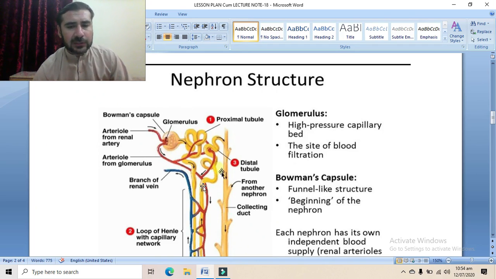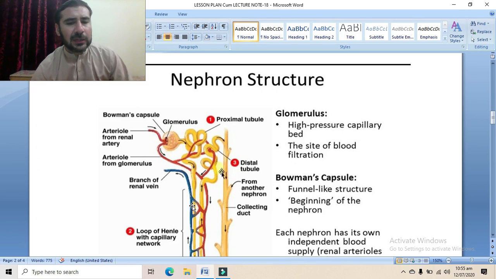And they will also extend downwards, these red ones, brownish ones, peritubular capillaries. This specialized area of peritubular capillaries is known as vasa recta. It will move along the loop of Henle down into the medulla, and then it will move back into the cortex region. During this wrapping process, the reabsorption of water takes place,